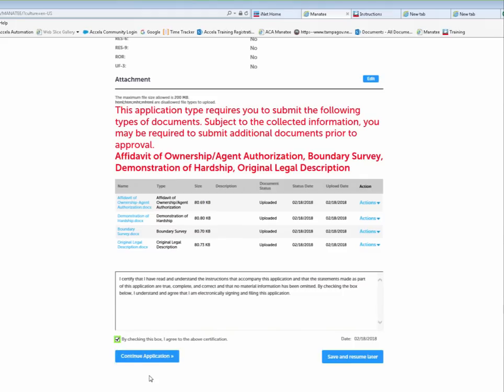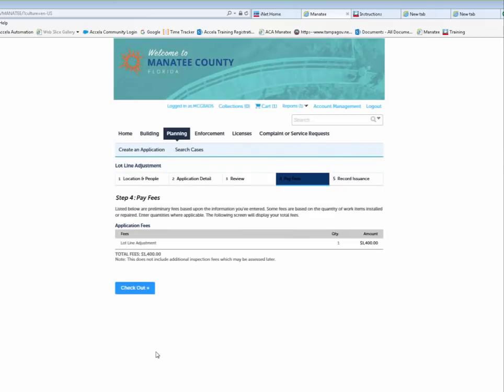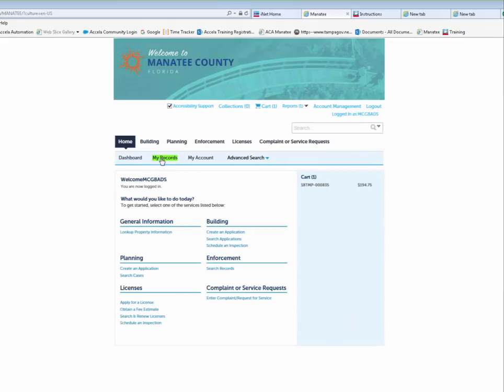And go ahead and check the box and move on and complete the application. Your fees will be automatically calculated, and in order to submit the application, they must also be paid. Once it has been paid, you will receive the record number. Let's go back to My Records,